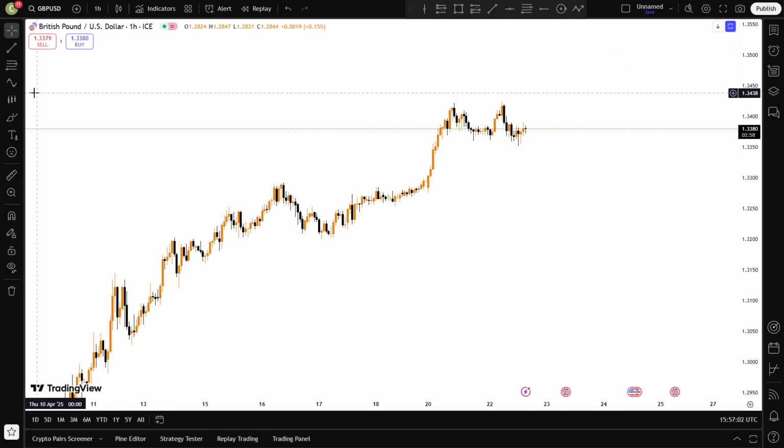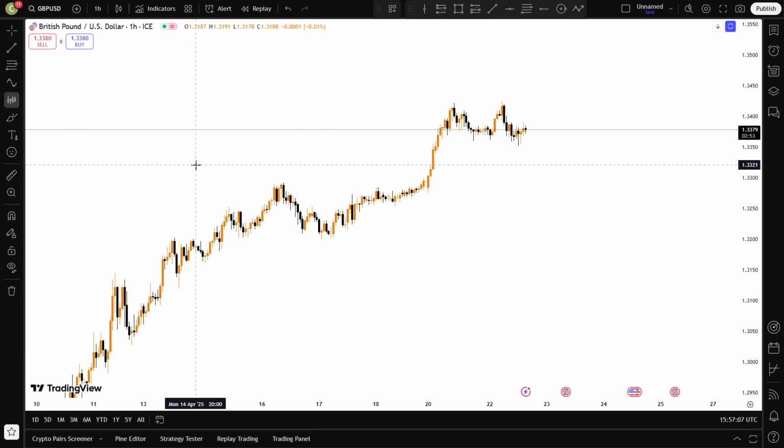Now the next tool under the forecast tool is the bars pattern. So the bars pattern is basically used to copy and paste bar sequences. It is great for learning structure and flow, and also helps to see if a similar price movement might repeat in the future. So for example, I can decide to copy